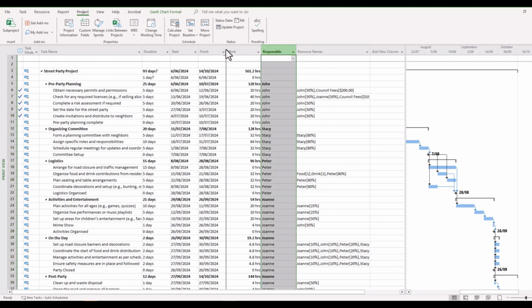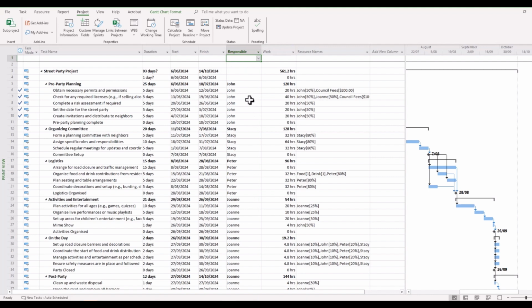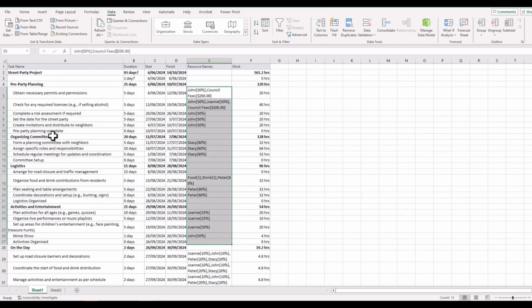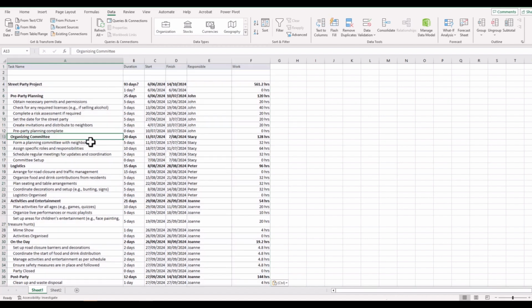So we'll replace the resource names with responsible. And if we were to copy this into Microsoft Excel, we might copy over the top of what we've already got shown here. Well, straight away, you can see that this is a lot neater and more orderly. Gone are all the extra details regarding the actual and detailed resource use. You've got the responsible person, the amount of work, and the necessary information shown. So you might find that useful.